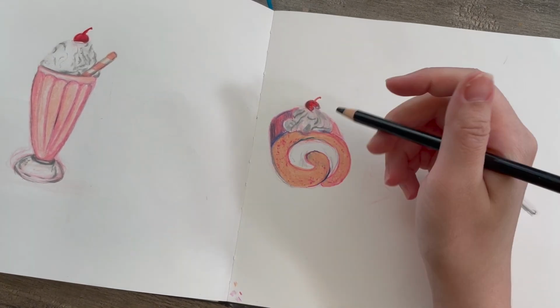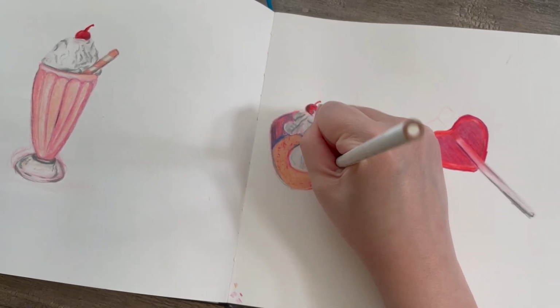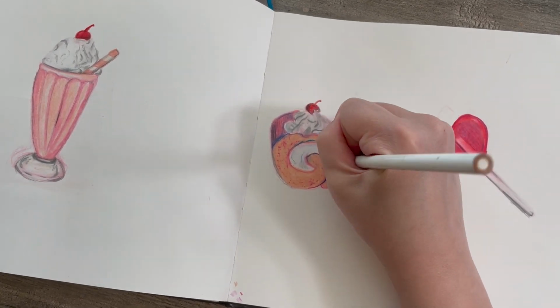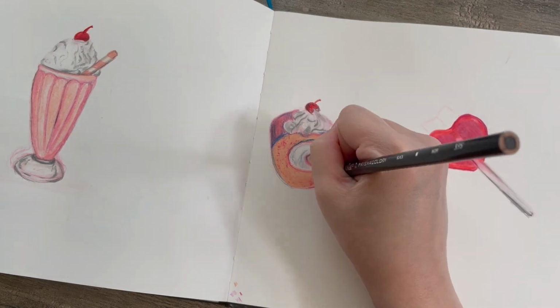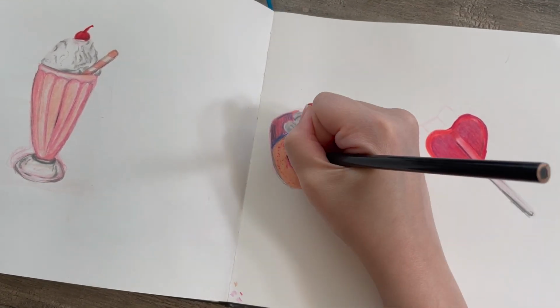I forgot what they're called. Just like a cake roll, jelly roll type thing, but it's icing. I don't know. I found the image on Pinterest and I don't really know what it's called, but it looks